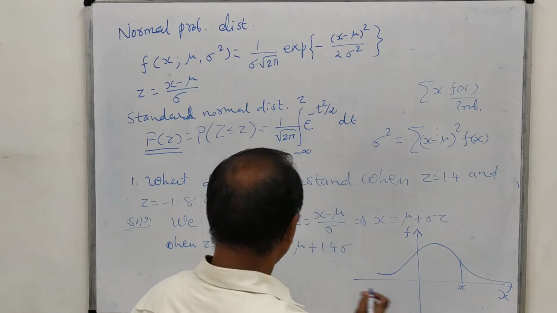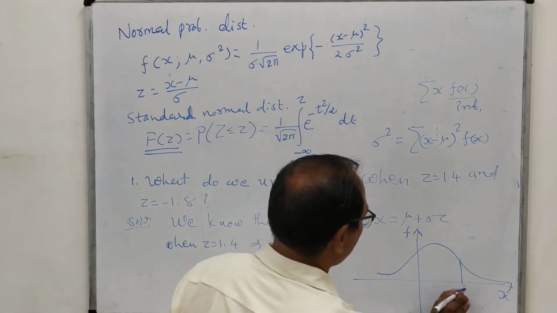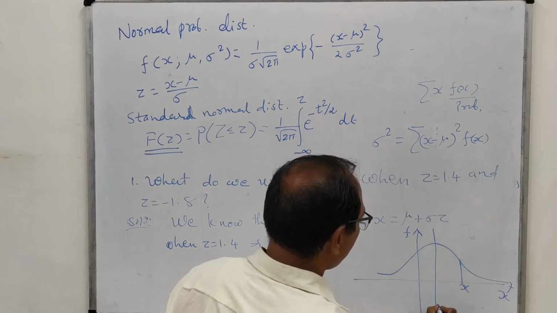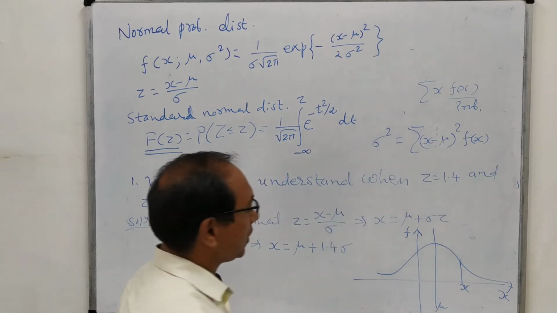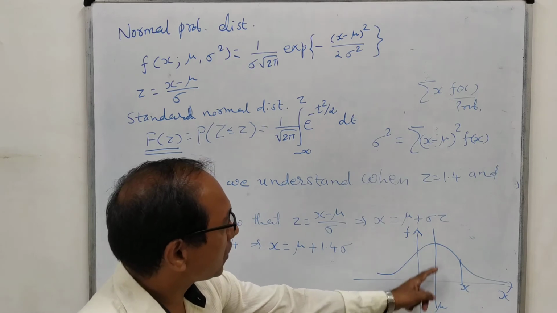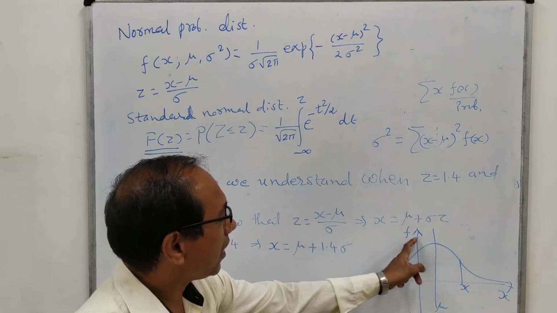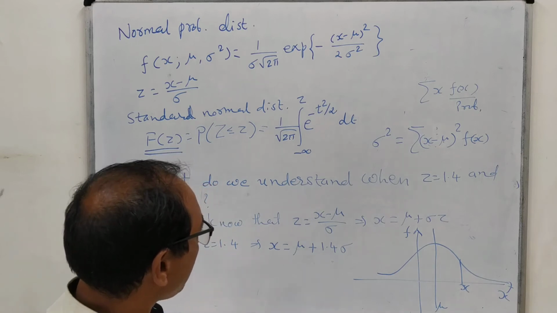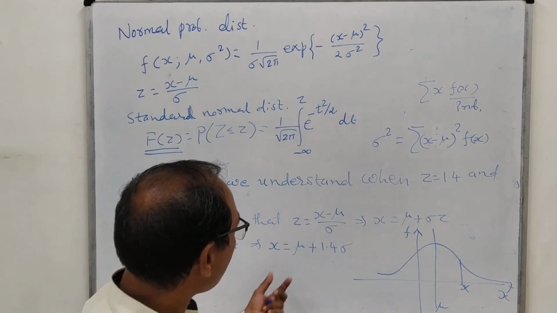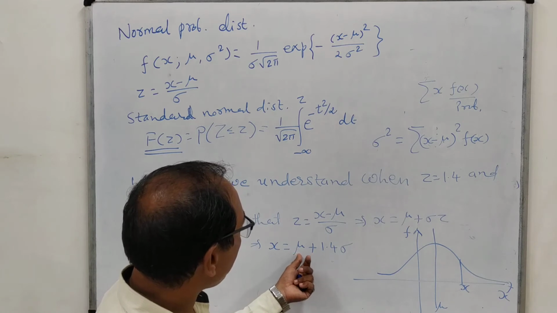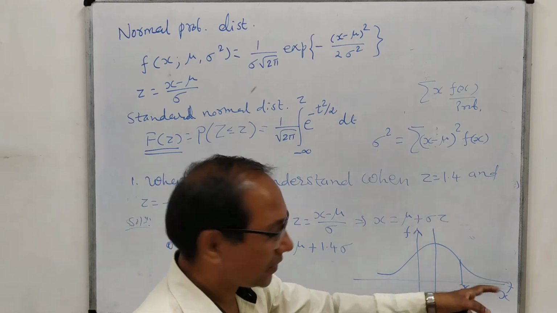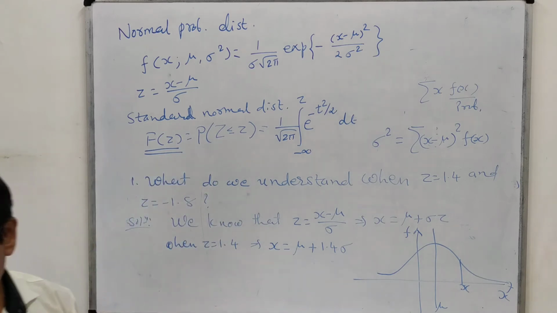And this is the central point, which is known as mu. Actually, in the standard curve, we are considering mu equal to 0. So this line and this axis will become the same line. Okay, so here we can interpret that the value of x lies on the right side of mu,